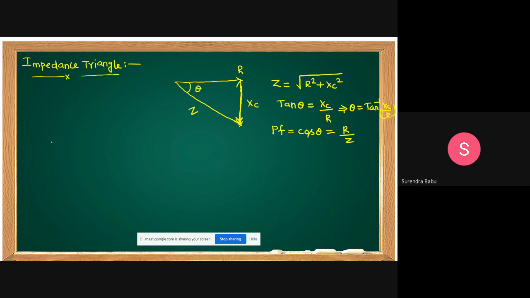Clear? Next. Can you draw the power triangle? How do we get the power triangle? Yes, friends. In the impedance triangle, each branch is multiplied by the I square term. Then I am drawing the power triangle. As it is, you draw the impedance triangle, then multiply each vector by I square.